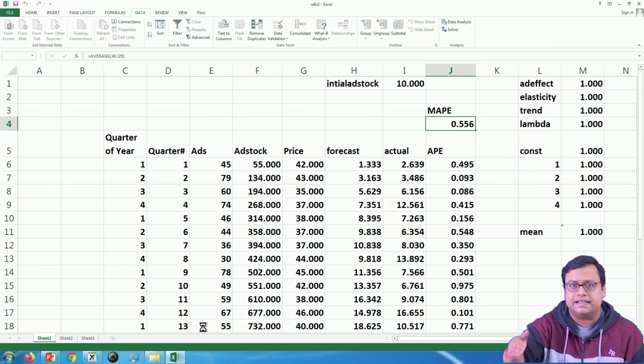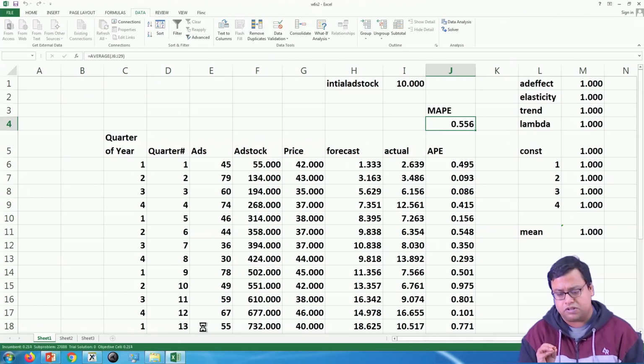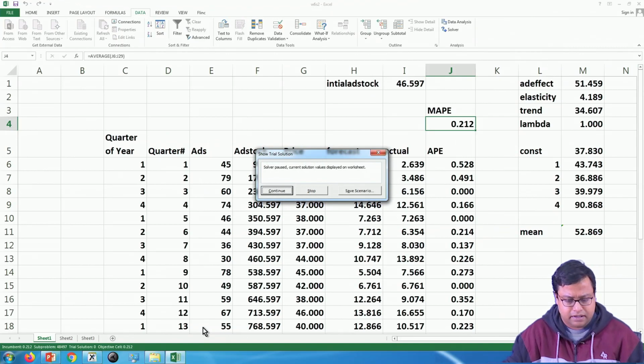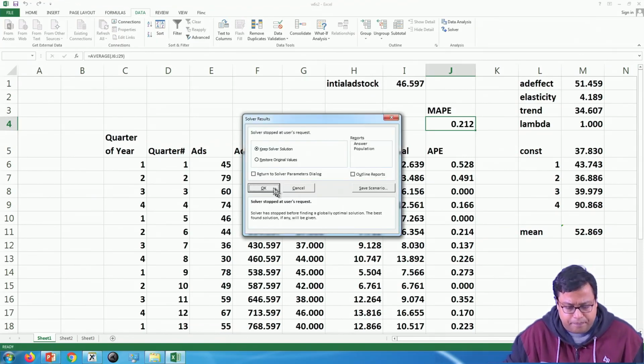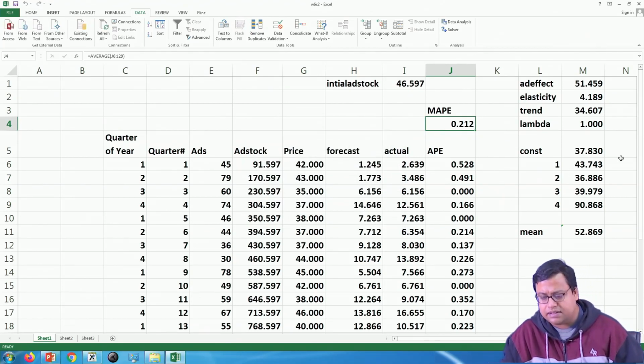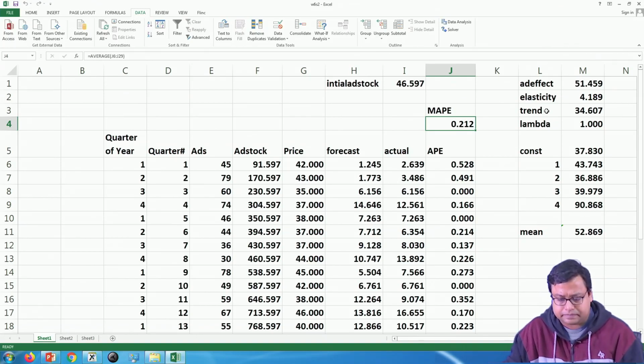So, what it is doing is it is trying to change all these values and trying to reduce this MAPE as low as possible. When I get that, what I get is the function of sales, where some level of nonlinearity has been taken into account in my picture, and okay, so it is stuck at 212. So, I will just press escape here, and I will stop, and I will say okay, keep my solver solution, and these are the values that I am getting, where it is saying that I could have done a little bit more probably.